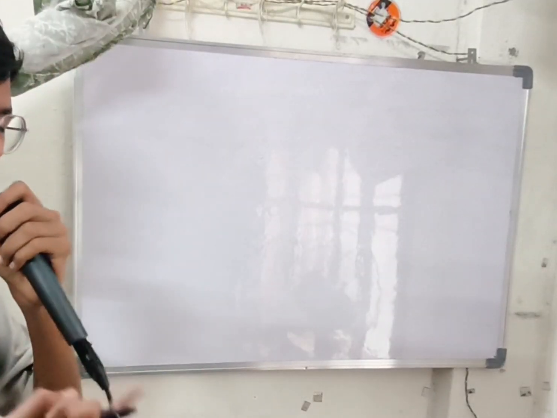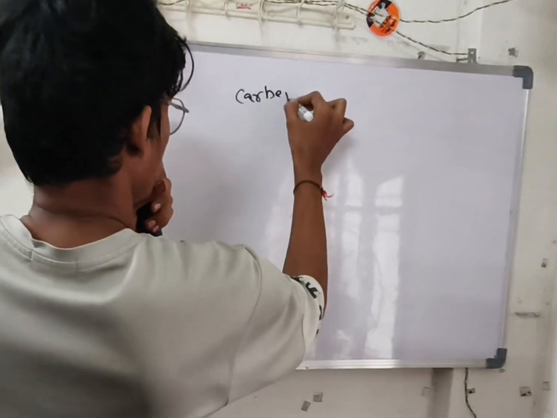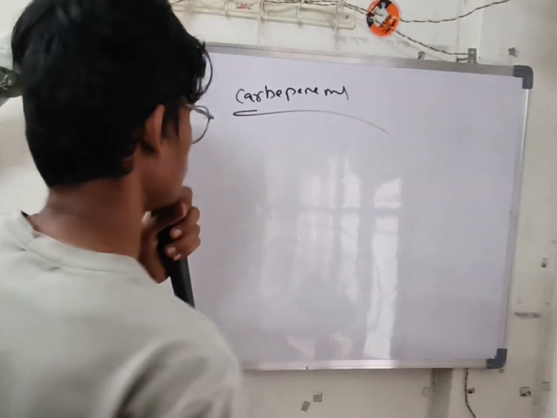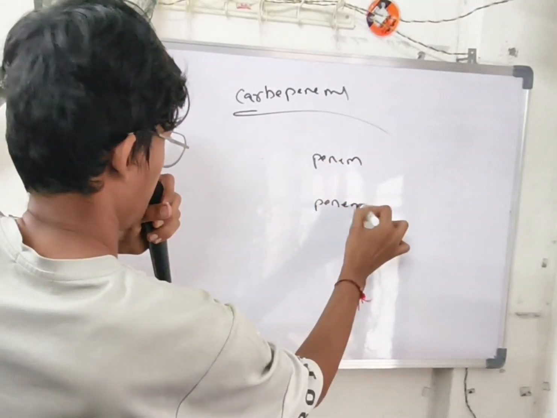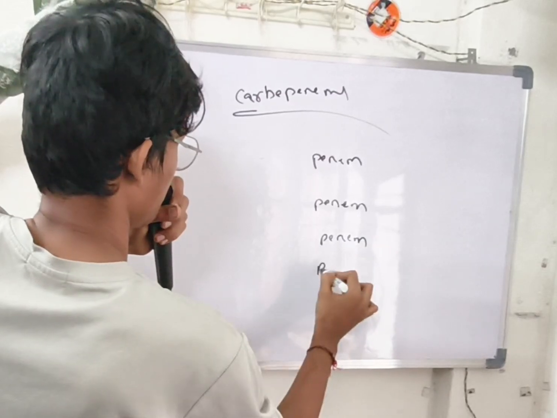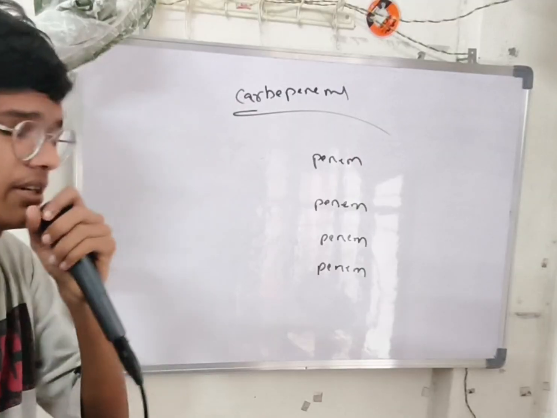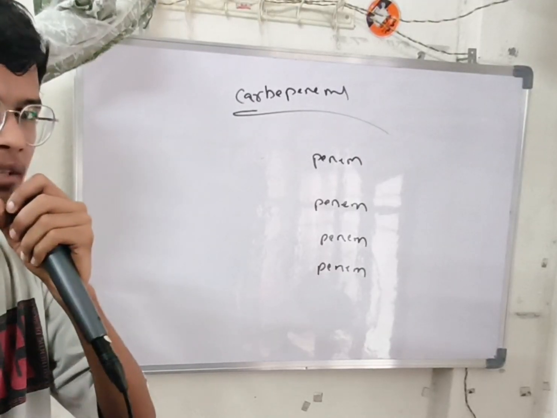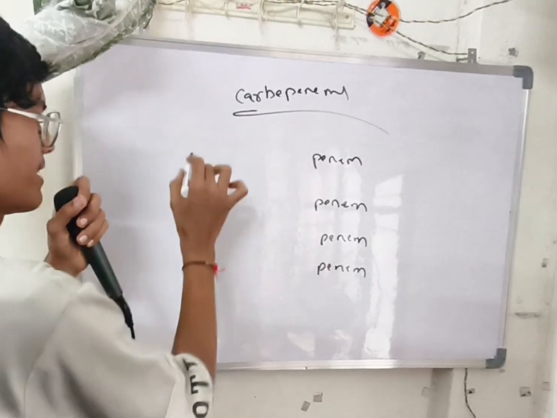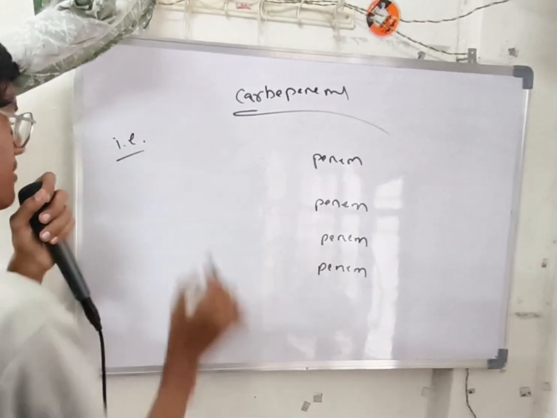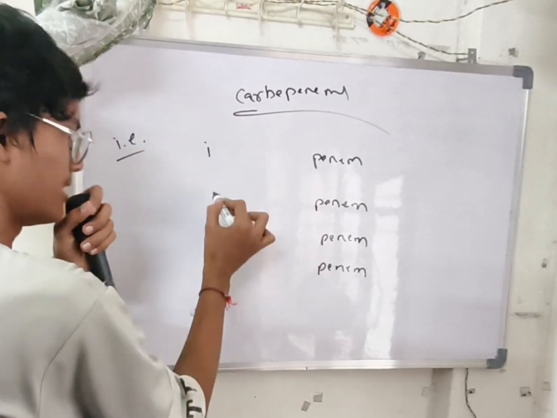Okay, now we have completed penicillins and cephalosporins. Again we'll go with carbapenems. In the carbapenems, write penem, and penem. Okay, we have written. So if you have a doubt, you can DM me on Instagram or YouTube. Okay, so that is the thing I'm going to use here. What is the meaning of this? I.E. means that is. So that is